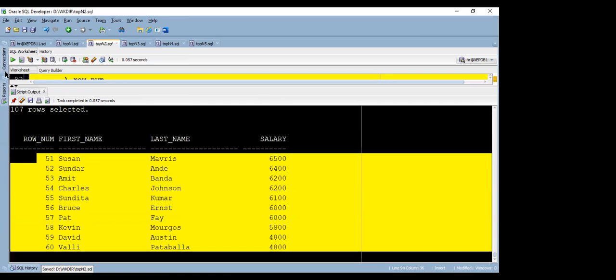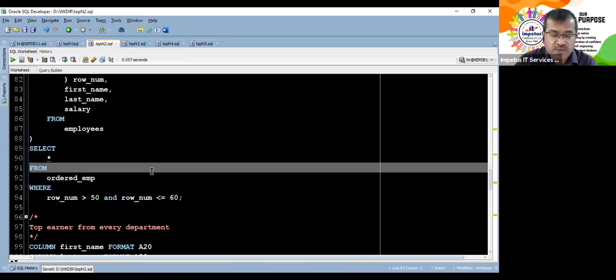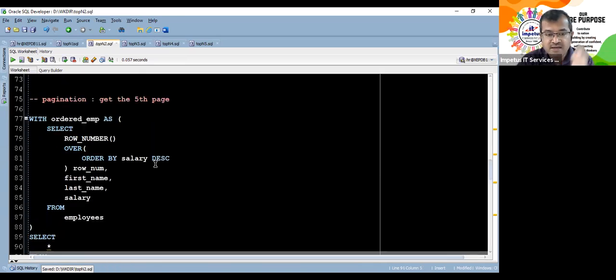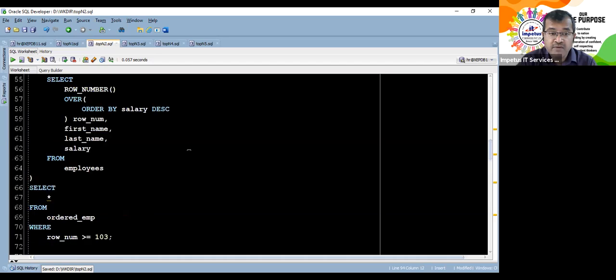Yes, sir. Okay, so we could do pagination. Now some boss tells you, oh, I lost that particular page. Give me the fifth page of the report. So if you have already generated all the reports in a descending order of the salary and you want to have the fifth page, you could control it by using the row number, provided you are already aware what your page size is.